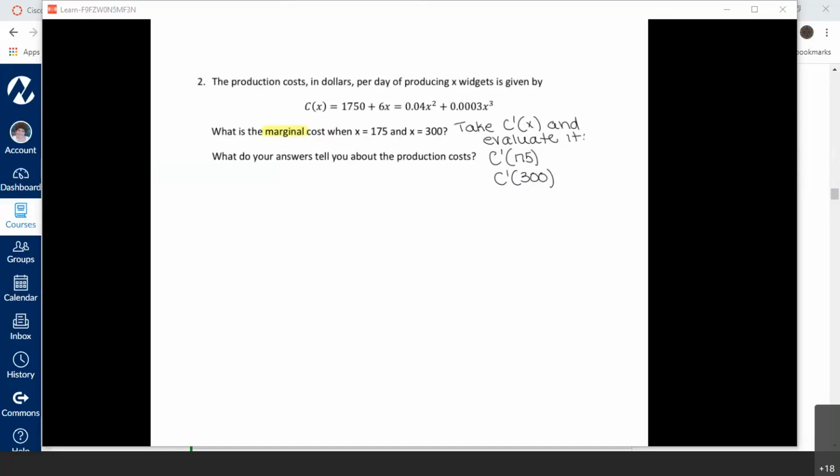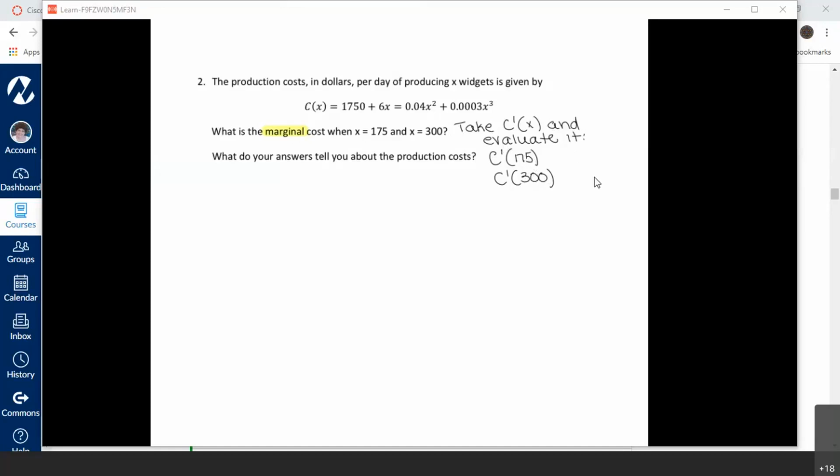So the slope of the tangent line, the rate of change of the output as I go around the curve, is going to be different at different values of x. So I'm going to take the derivative with one of my derivative rules, which gives me the derivative function c prime of x, and then I'm going to find the marginal at different x values by just plugging the x